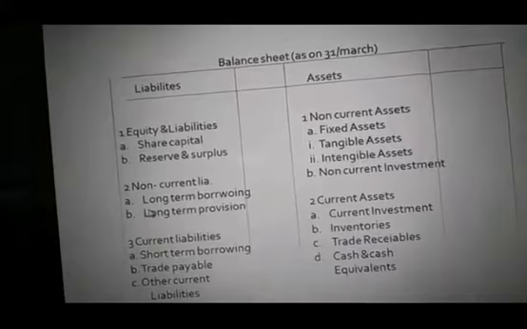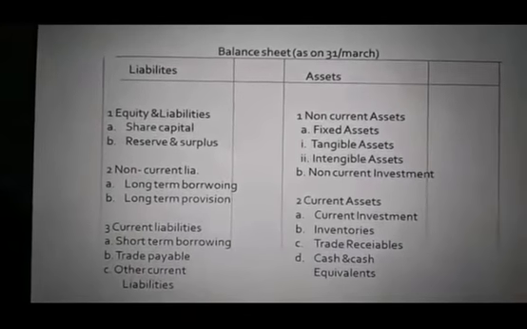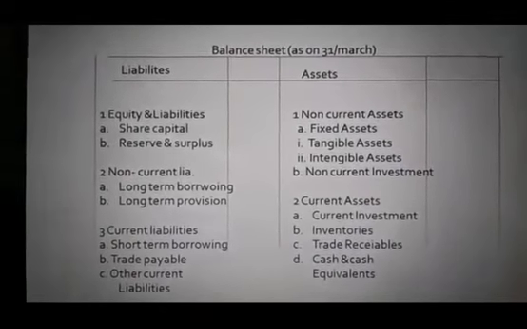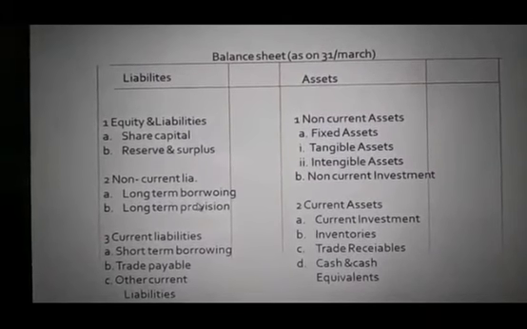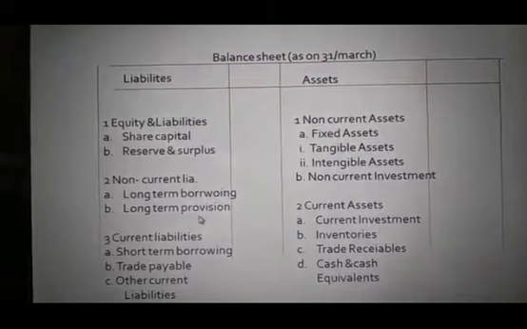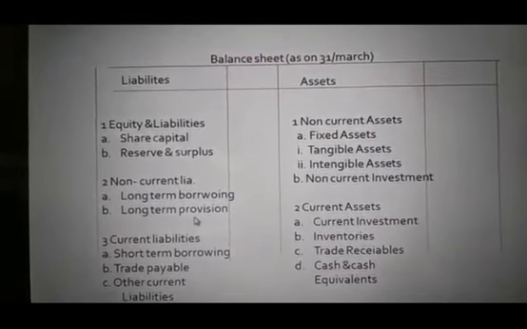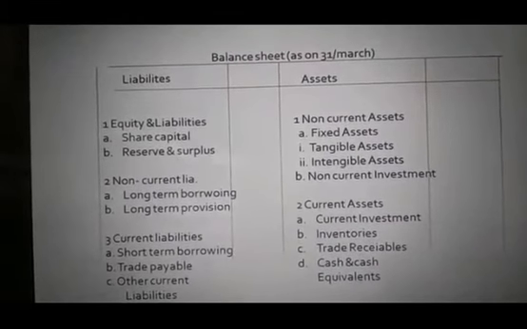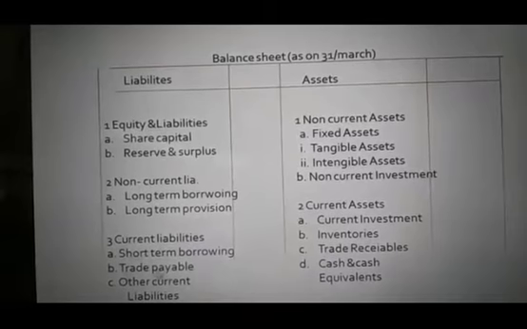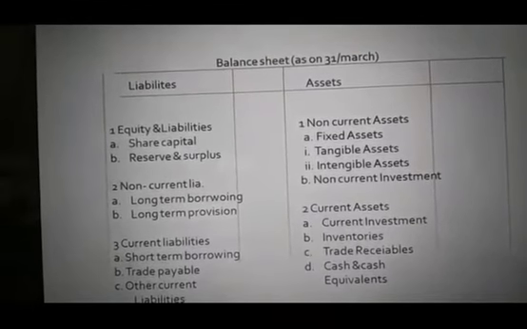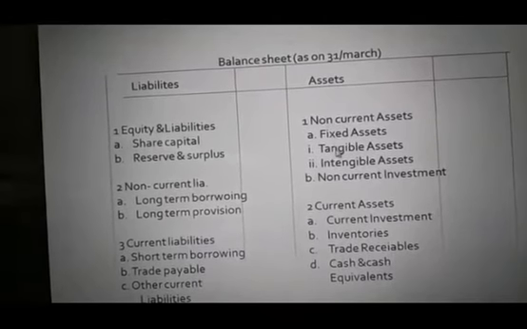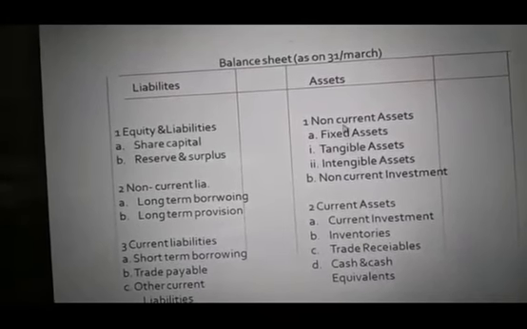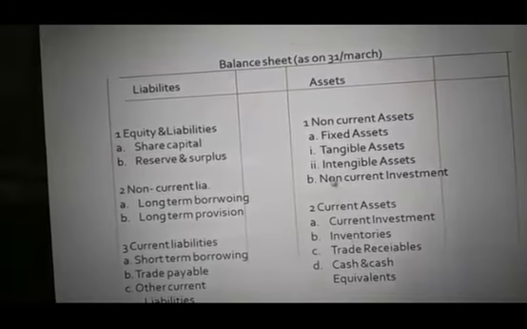Okay. So now here in non-current liabilities, the long-term borrowings that we are talking about, and long-term provision. This is for more than 5 or 6 years, that's why they are long-term liabilities. Current liability is short-term liabilities, short-term borrowings. If I total all these assets, non-current and current assets,